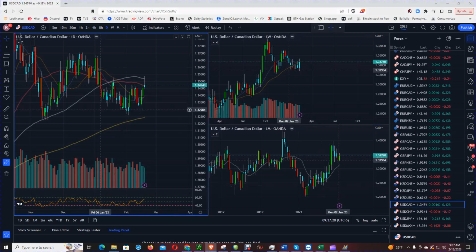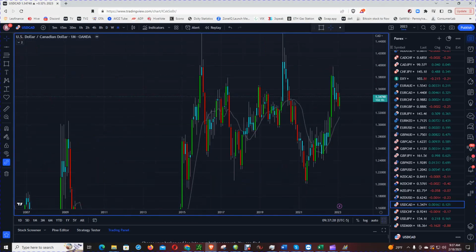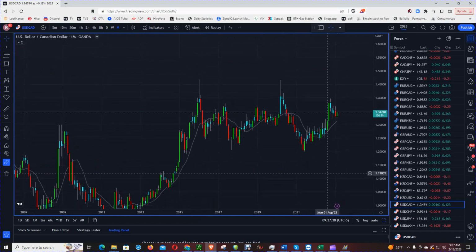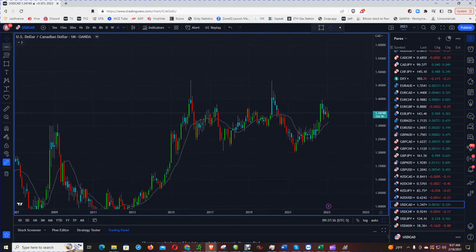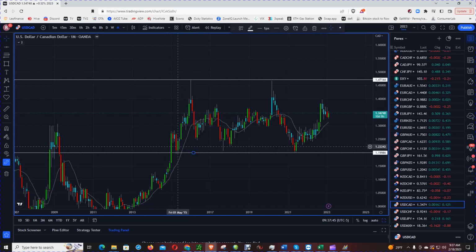Let's get right into analyzing the USD versus the Canadian dollar, aka the Loonie. So if I go to the monthly chart, look at this double top. Pretty cool, huh? Alright, so if we say that's the top and we say 1.2 is the bottom, right, because of